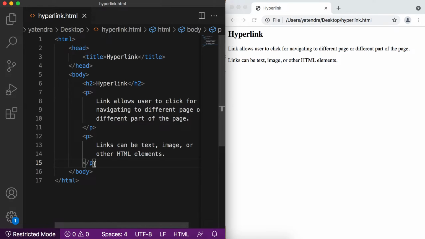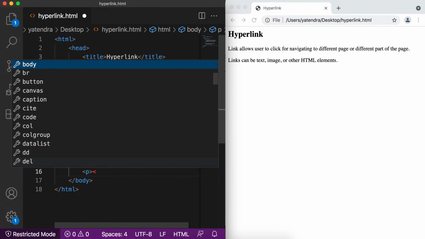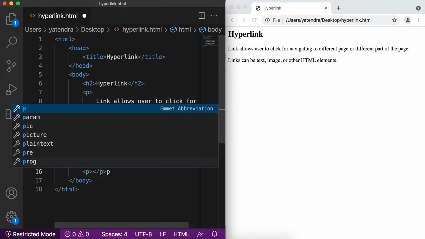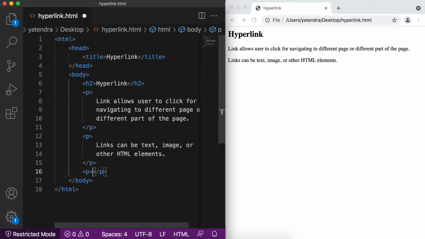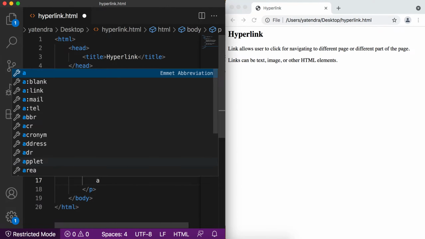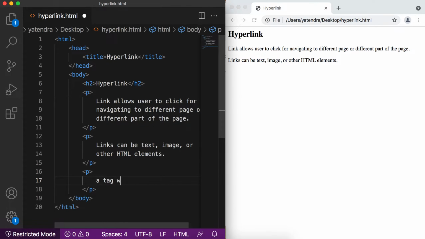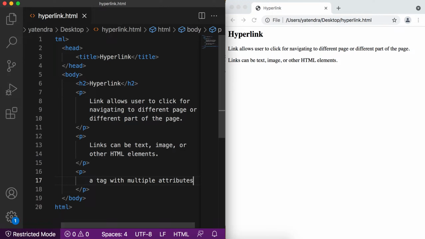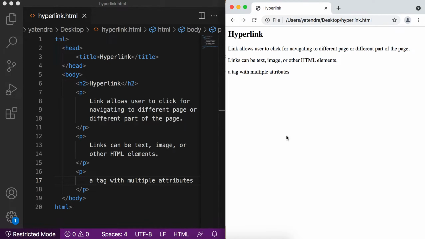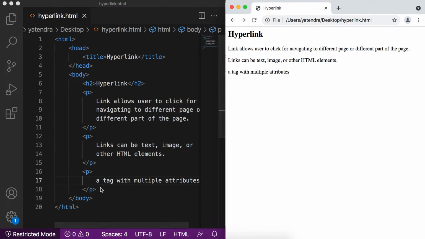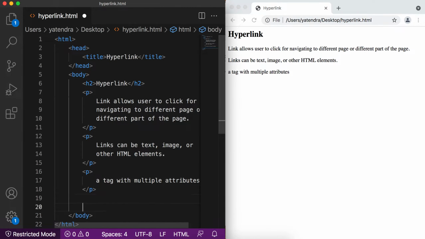So let's discuss how we create links in HTML. In HTML, for creating links, we use the a tag with multiple attributes. Let's check the syntax of this.